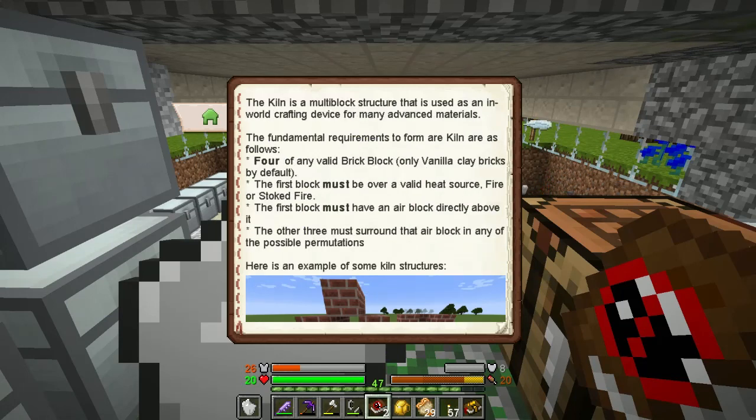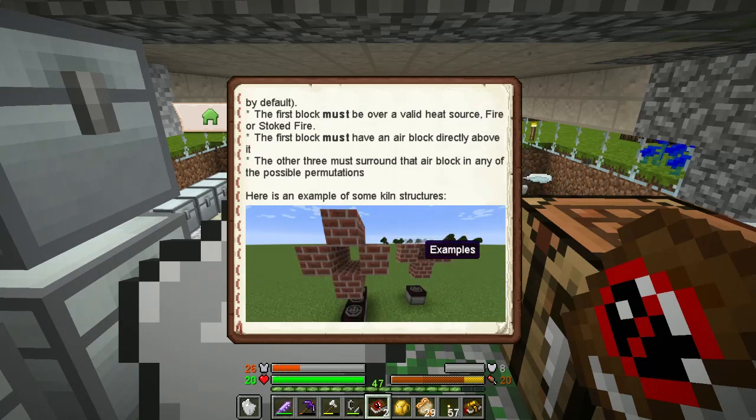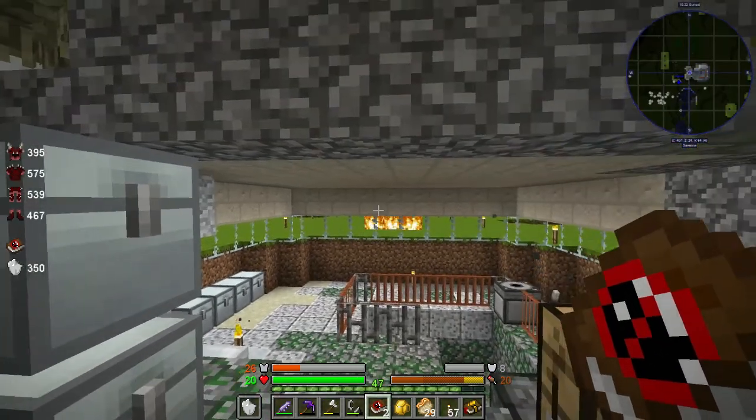Four of any valid brick block. Okay. First block must be over a valid heat source. First block must have an air block directly above it. Other 3 surround the air block in any of the possible permutations. So I could do it that way, or I could do it that way. So that should have been good